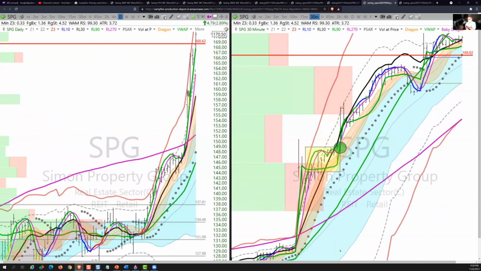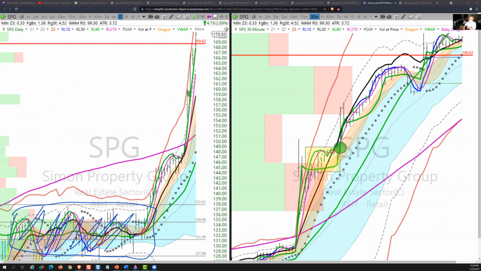Here's Simon Property Group. The whole commercial real estate had been in this tight sideways chop. Here's the Z3 breakout at about 139. And we'd like to have that one with about a $7 risk. So an entry at 139 and it's out at 169. That's plus $30 on a $7 risk. That's about a 4R